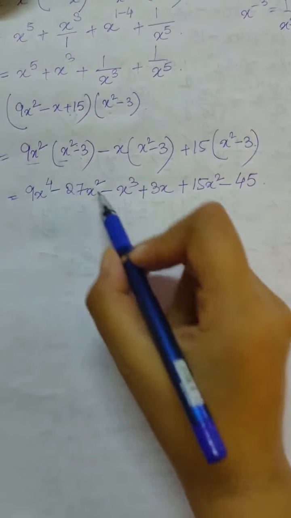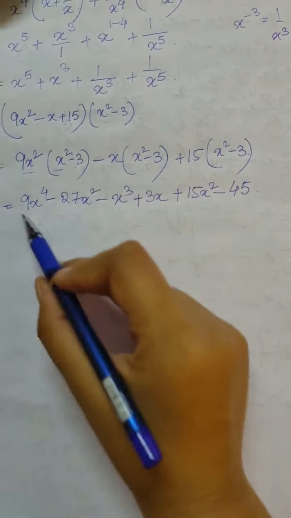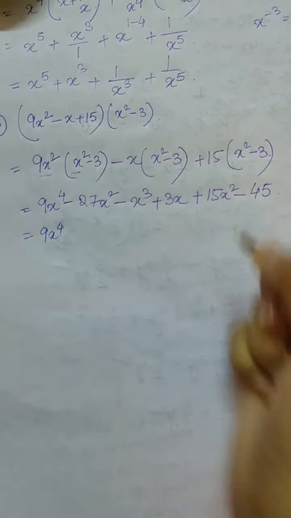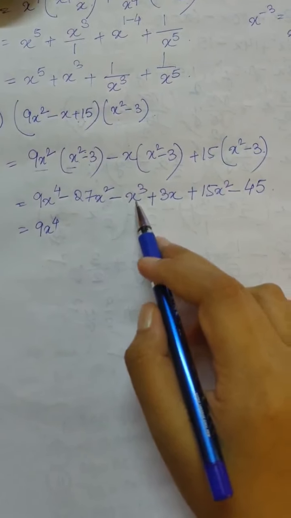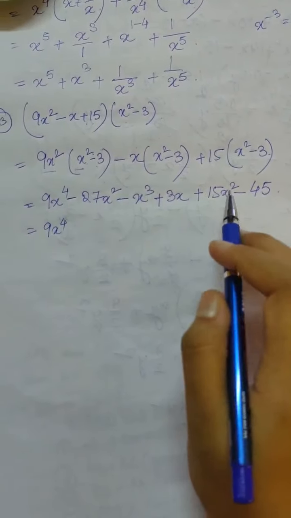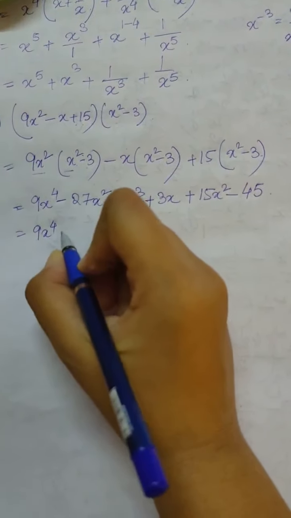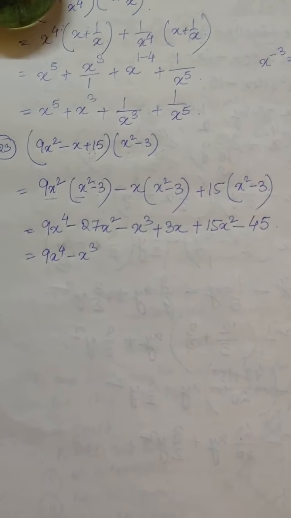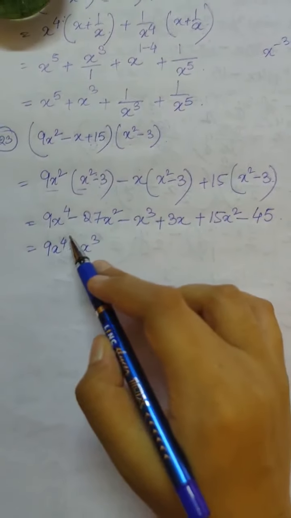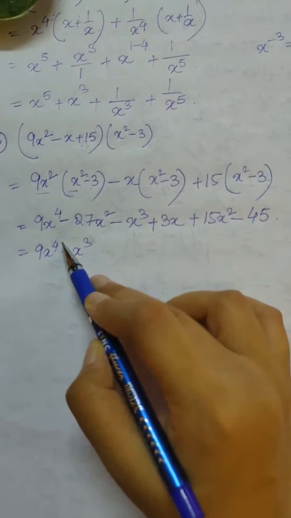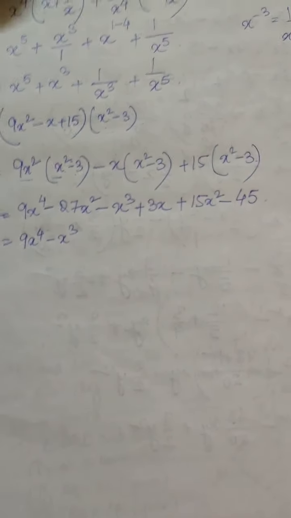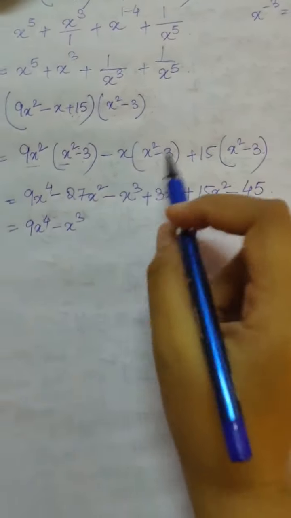See, x to the power 4, there is no more x to the power 4 here, so no like terms here. So we can directly write 9x to the power 4. Now next we have x cube. So x cube also we have no more terms as x cube, so we can write minus x cube. Here I am arranging the terms into powers. So here the power of x was 4. The next will be power of x as 3. So I am arranging in that way. You may not arrange this, but if you arrange it will look better.